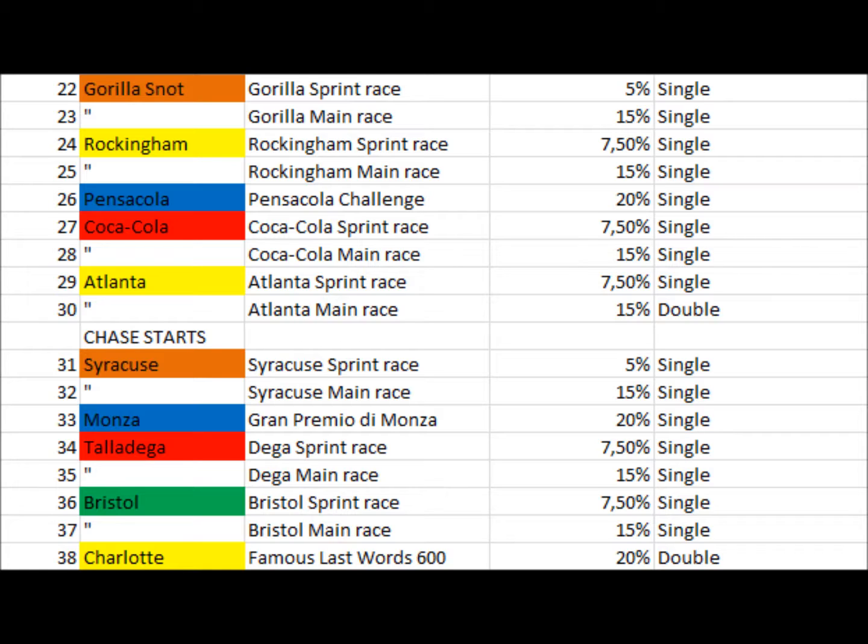And then we go, and I think, let me count for a moment. Yeah, we're going to go to Coca-Cola for the Coca-Cola sprint race of 7.5% and the Coca-Cola main race of 15%, both single points. We move on to Atlanta for the Atlanta sprint race and the Atlanta main race, 7.5% and 15%,